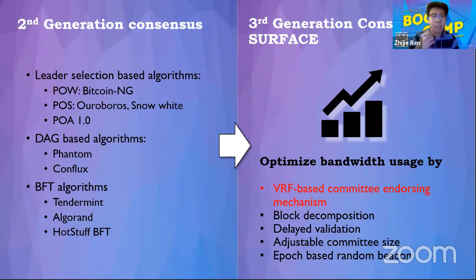That's because all the second generation consensus focus on having better scalability than Bitcoin, but not yet optimizing the bandwidth usage. In Surface, we really focus on that, because we already built on the second generation consensus. So we use several techniques. I haven't introduced block decomposition, but it's another technique to make better use of the bandwidth. All the other techniques are for the sole purpose of having better use of the bandwidth,